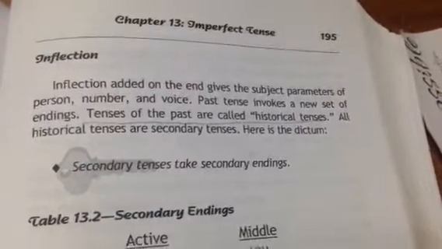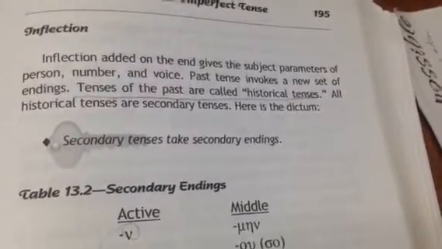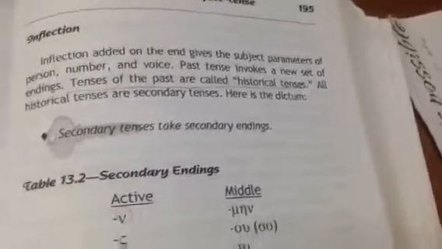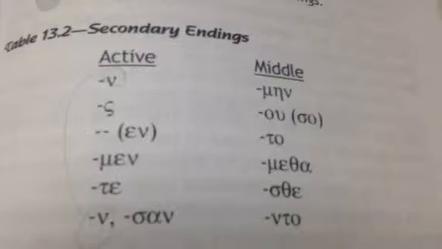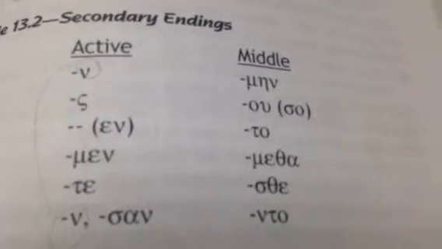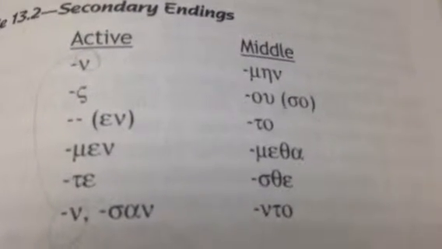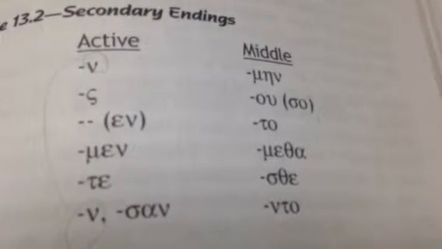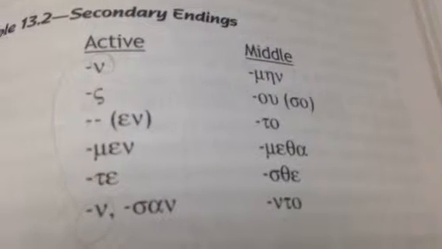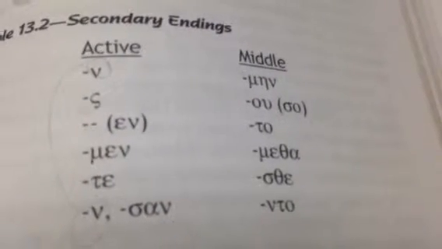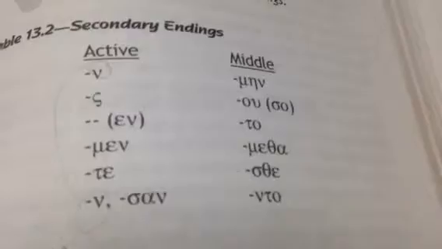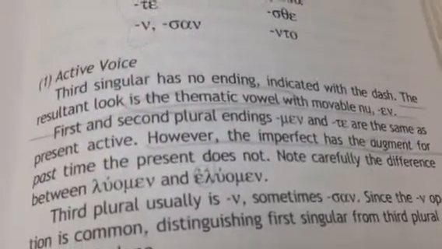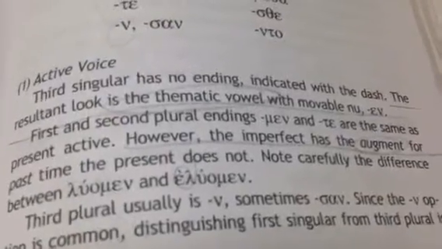We have inflection, but in this case we have secondary endings. So secondary tenses, we call them, take secondary endings, and so it's just a matter of memorization. Once again, we have active forms and middle passive forms. Just memorize them. Notice that the third person singular often is just left blank, and you'll just have to learn by observation what that looks like. Okay, in the active voice, sometimes the resultant look is just a thematic vowel,